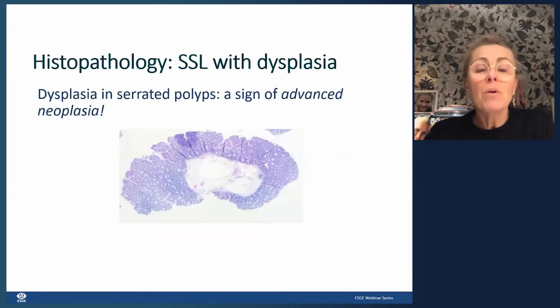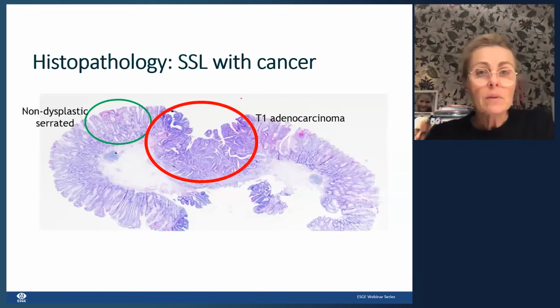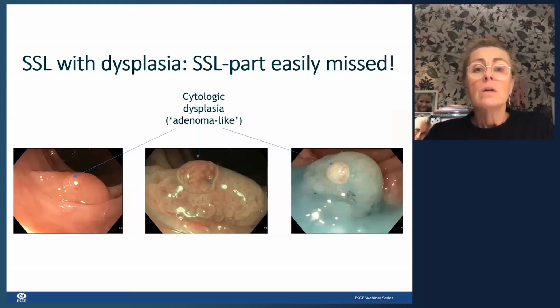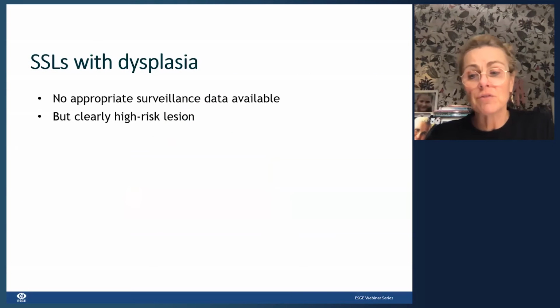And this is an example of a small serrated polyp with already a tiny dysplastic lesion in that serrated polyp. And although it's small, it's definitely an advanced lesion. And here you can see again a very tiny polyp of about 1 centimeter with an adenocarcinoma in that serrated polyp. So I would like to highlight that, whereas you know that serrated lesions are generally more difficult to detect, especially the sessile serrated lesions,